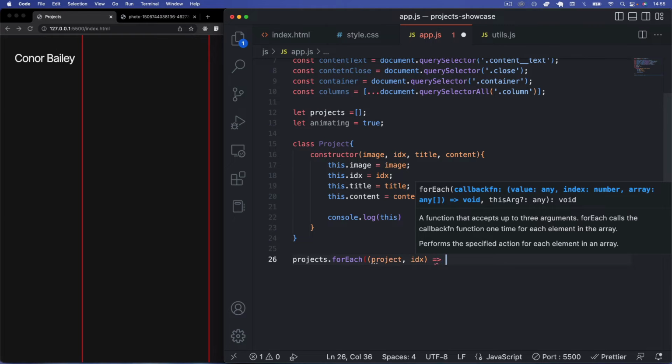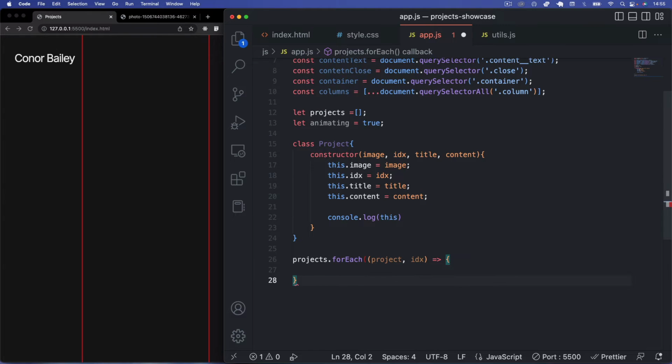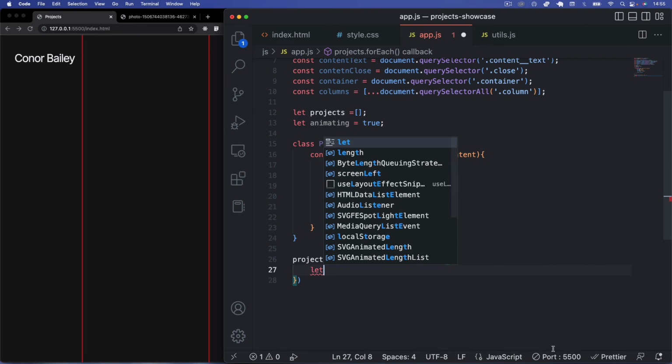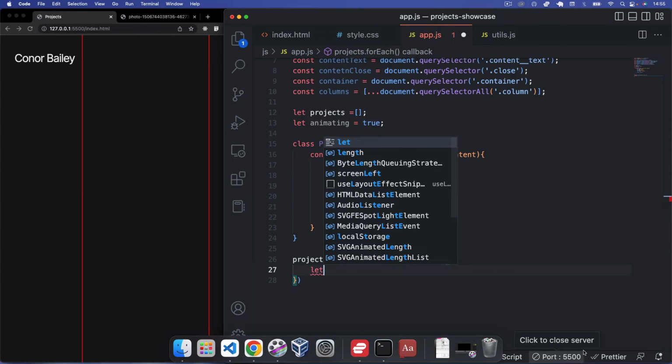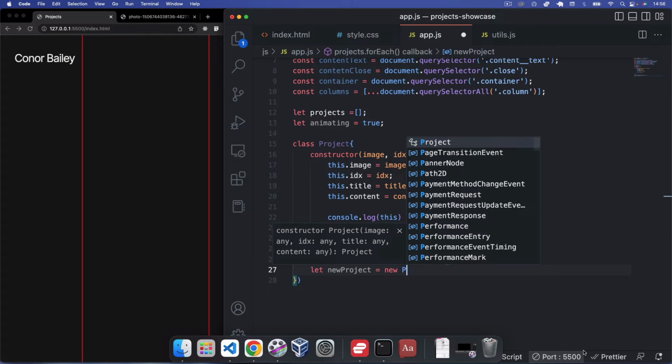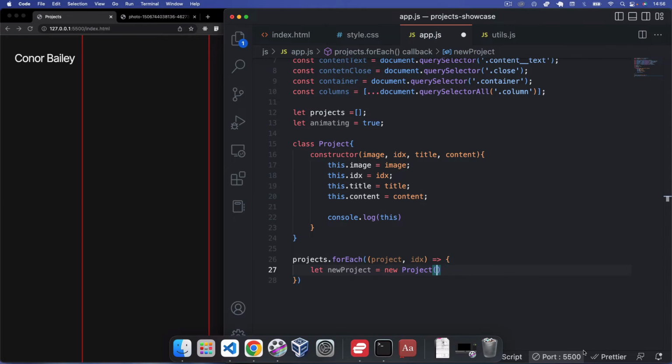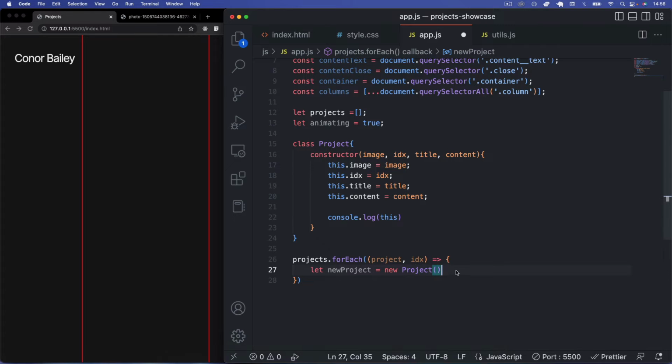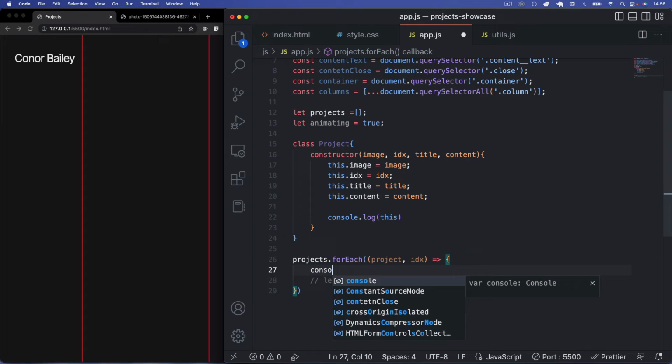And then we can say, yeah, we want to say let new project equal new, and then we can set a new instance of that class, okay, and then we want to pass in here. Remember, you have to take in the so obviously if I just console.log project for now,